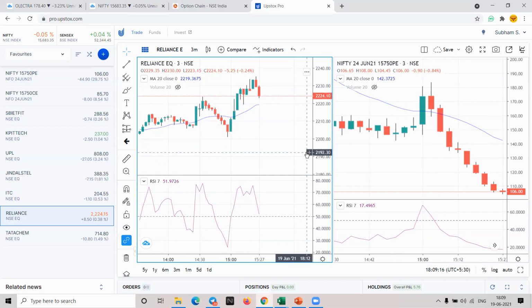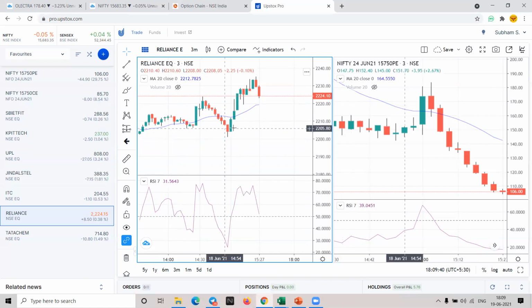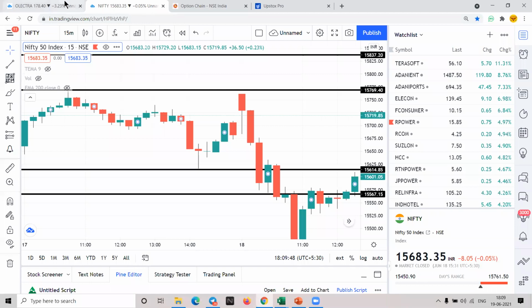Let me tell you, in intraday, scalpers are the ones who make good money. Okay. If you become good at scalping, you don't have to worry much. Come in the last 1.5 hour or the first 1.5 hour and do scalping, you'll get good returns. Find a good stock which is giving you a move. Look for the confirmation of a moving average in a block candle. It will give you the target. Like that, you can pick any good stock, but it should be a moving stock, not sideways.